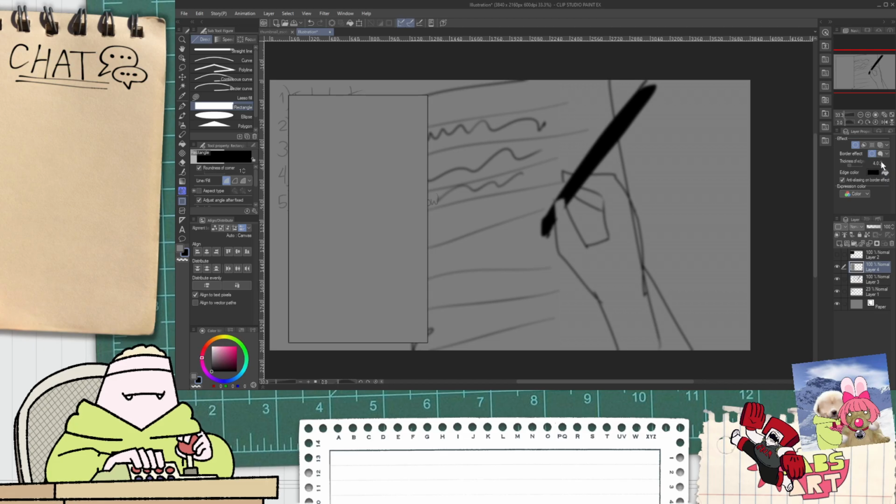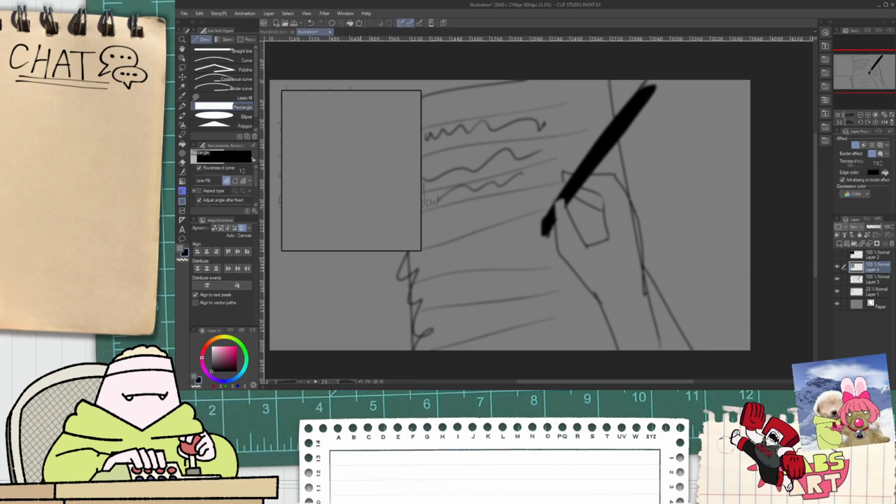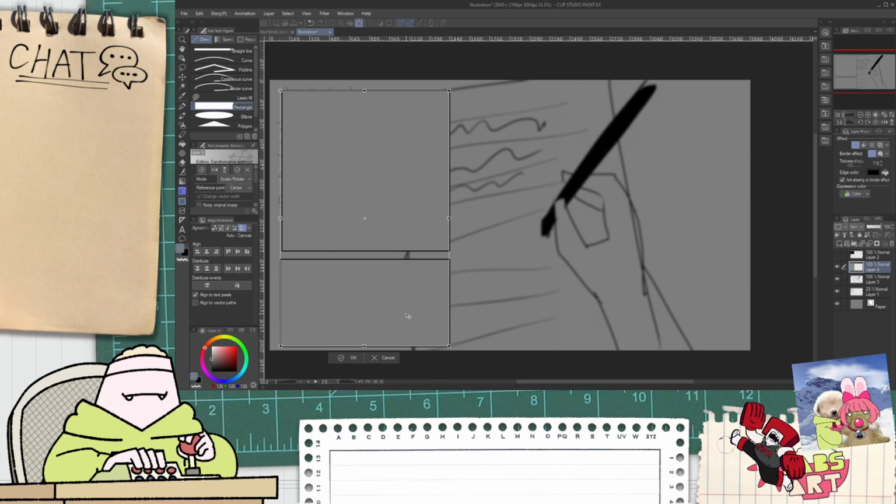There we go. Okay, I'm gonna shrink this down maybe to this size. And then I'm also going to create a second one down here. I actually widened them a little bit. Why not? I don't know if that would help focus though, because I'm...